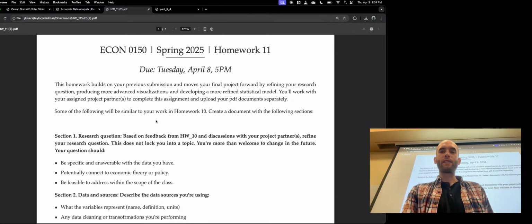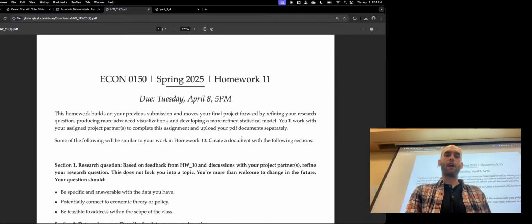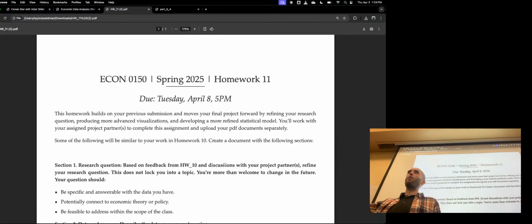What you're going to do is, similar to homework 10, work through some of these questions, some of the pieces of a document I expect from you. And a lot of you are working in groups, which is great. When you work in a group, I want separate uploads for both of you, or all 3 of you, for the rare cases of larger groups. Everyone in your group should be uploading a document separately to Gradescope. It should have the name of everyone in your group, and it can be exactly the same file. You don't have to submit separate files, just the same one.